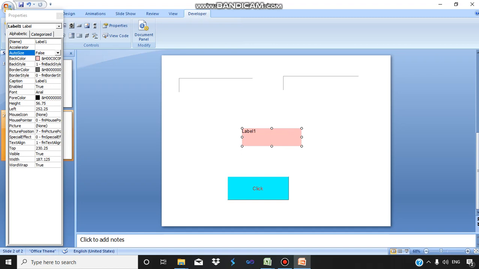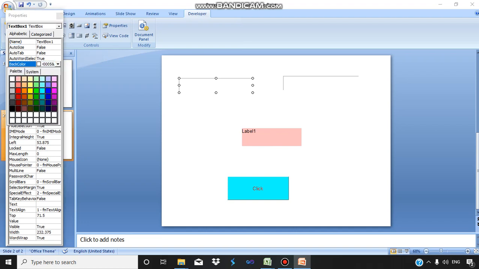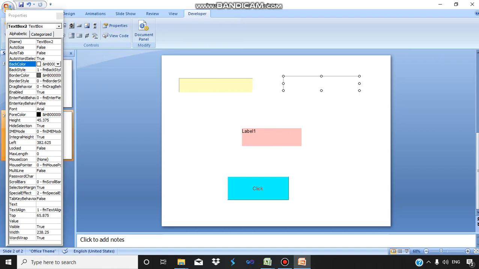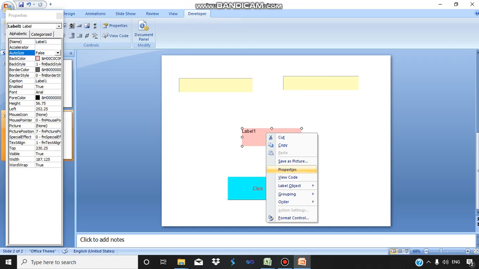Now let's change the back color of these two text boxes also. Now we'll change the label object also.